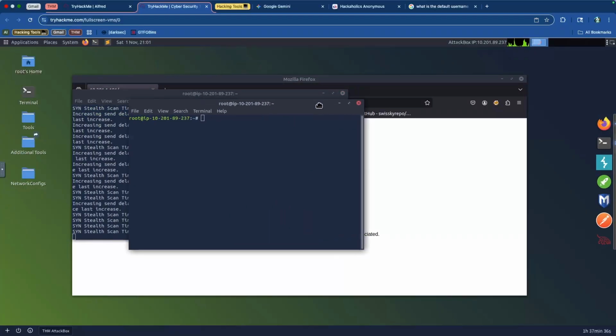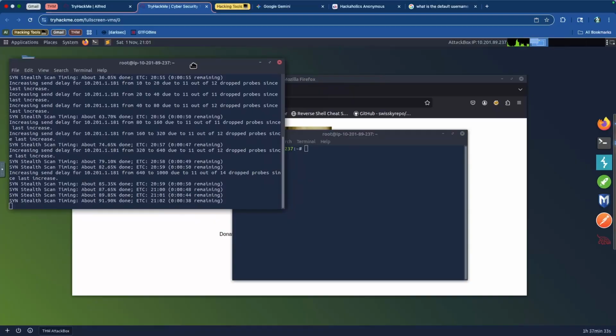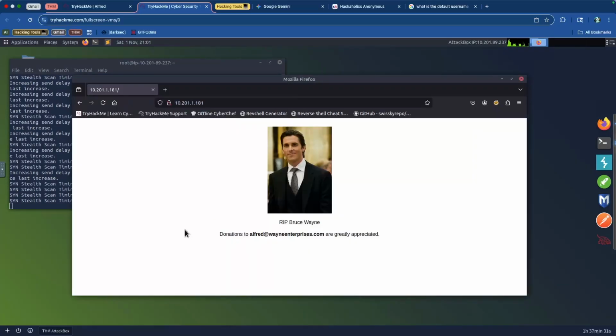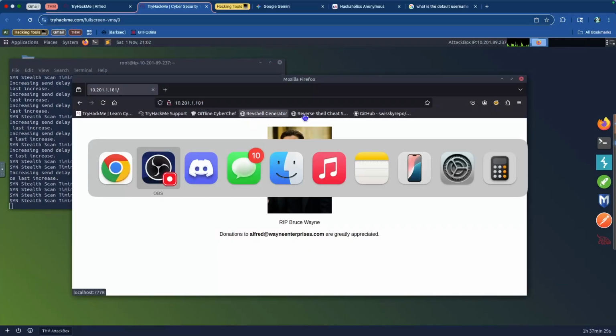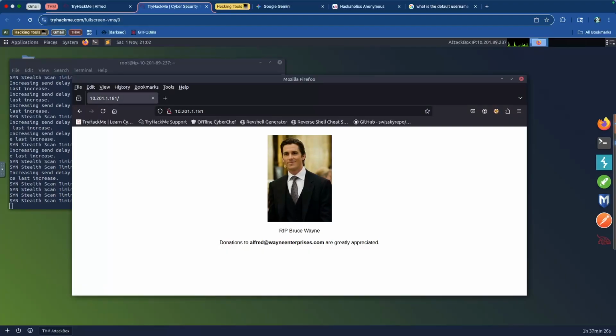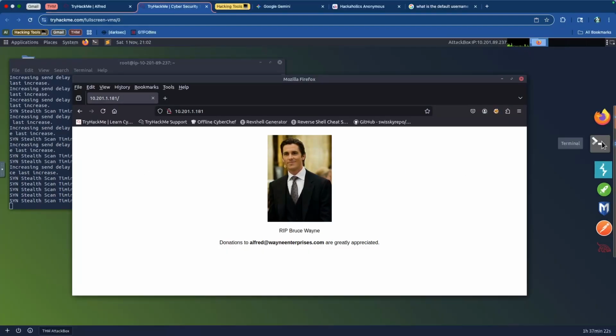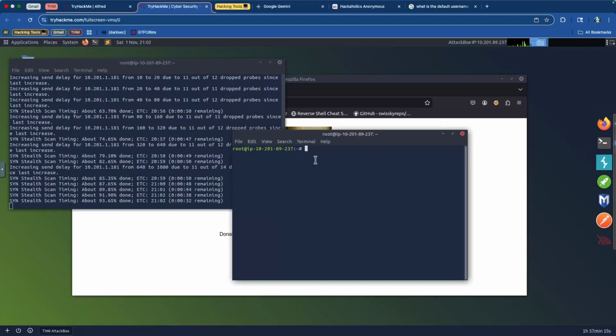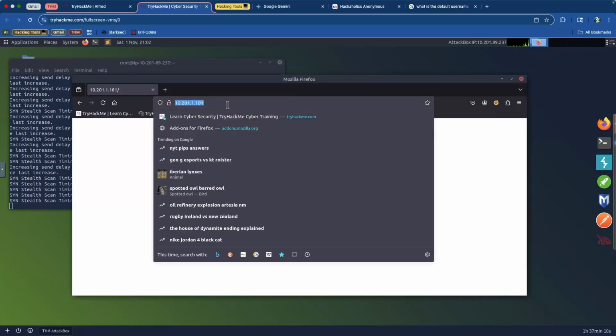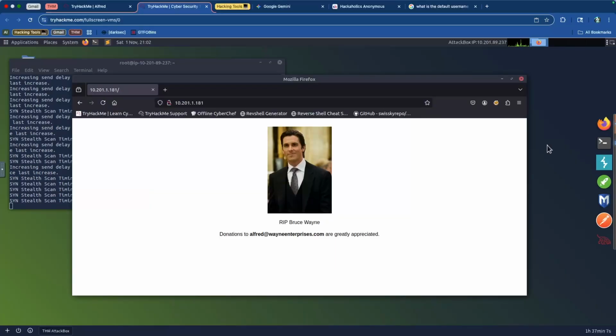So we're going to do GoBuster now, just to see if we can find anything else behind the scenes, because I am very curious to, whoops, I thought I was on my own computer and I did Control or Alt Tab, I guess, Control Tab. I'm on a MacBook. All right, so what we're going to do now is run the GoBuster command to see if we can find anything on this IP address as far as directories or any paths that we could potentially take to log in to